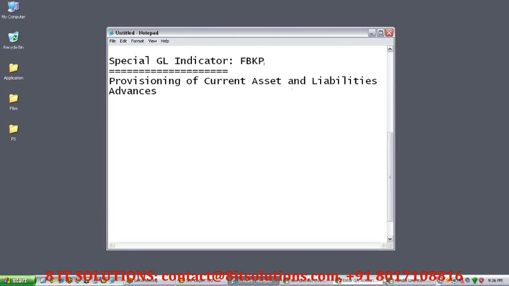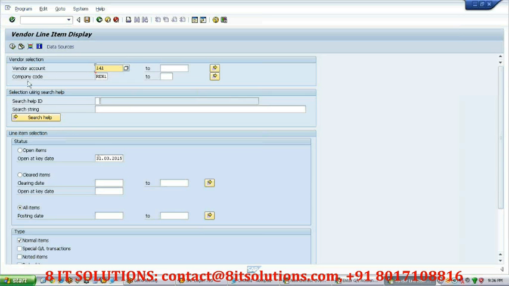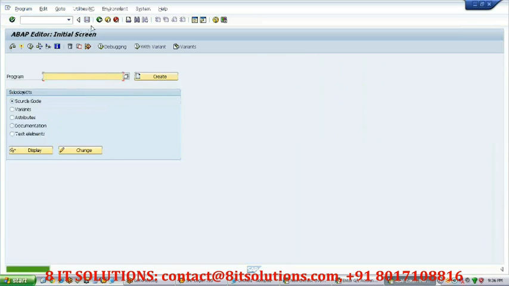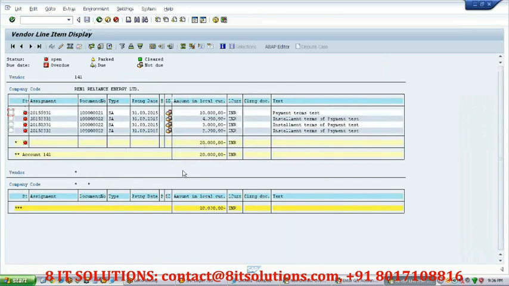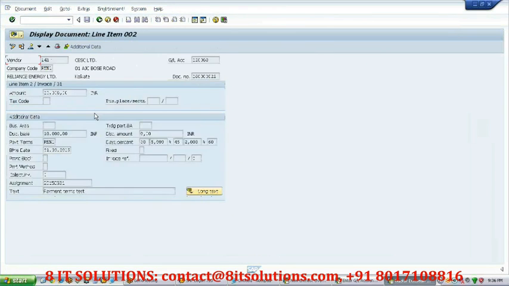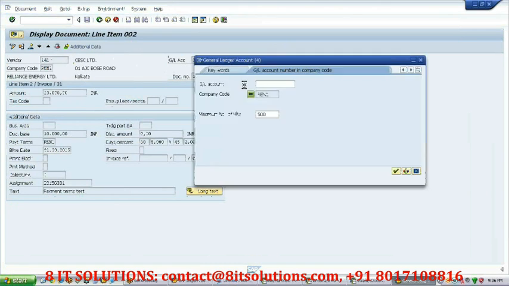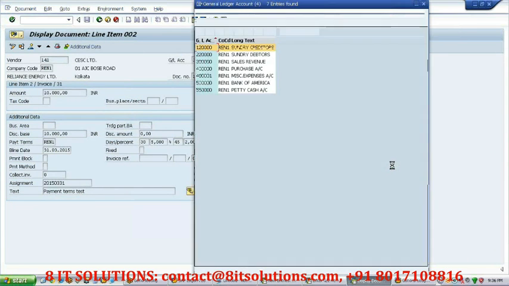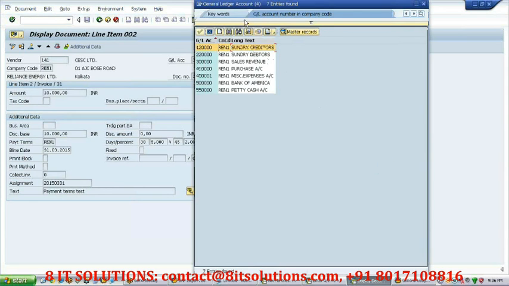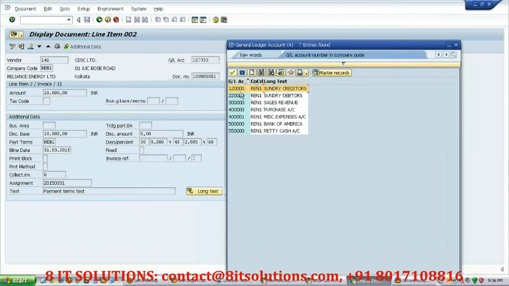More precisely, if you go to any vendor transaction, you may see this transaction is linked to a GL account, this GL account 124 times 0. If you check your transaction there, you will find that it is nothing but a sundry creditor 124 times 0, isn't it?